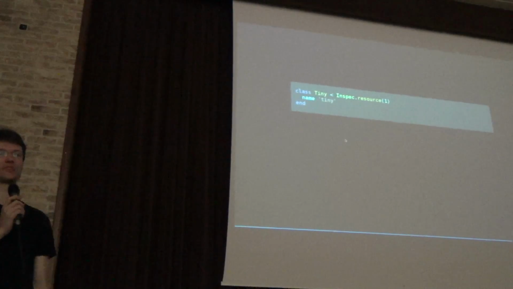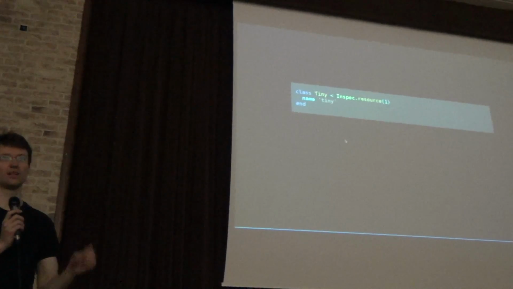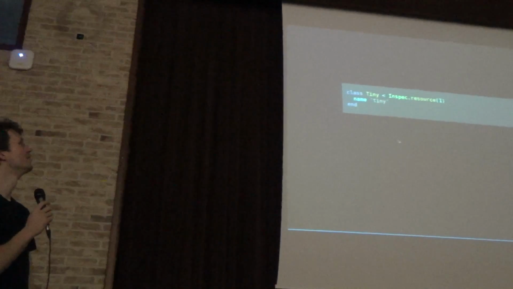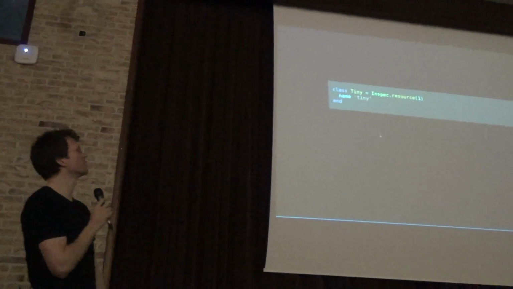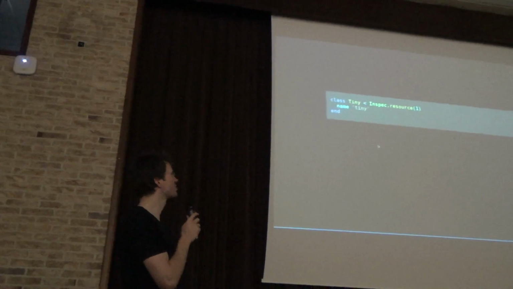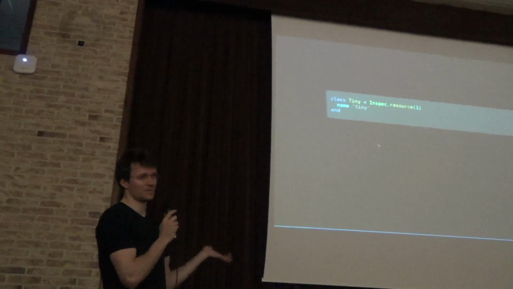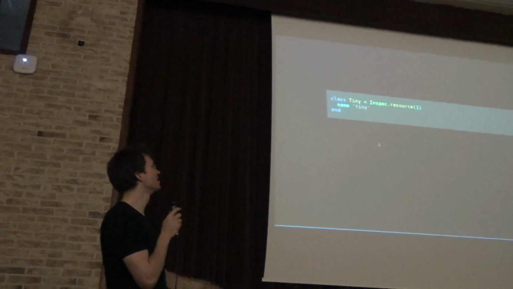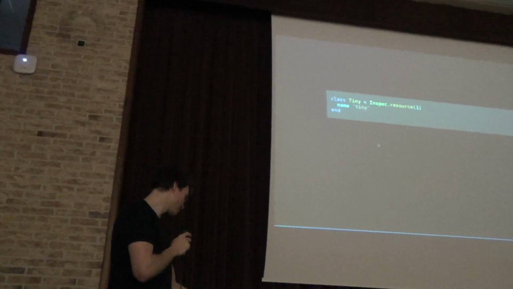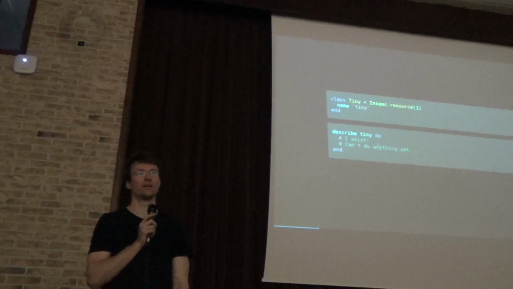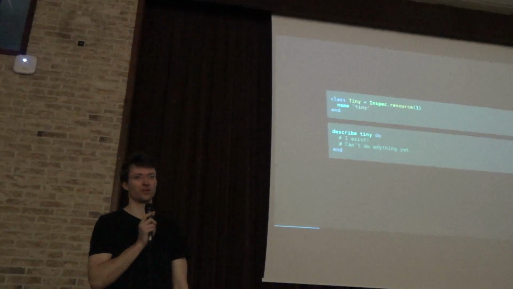And this is how you create a resource. This is the smallest resource you can come up with. You just create a Ruby class. You inherit from the InSpec resource. Yes. Version number 1. That's the current version we have for the interface. And then you give it a name. As soon as you have that, you can use it in your tests.